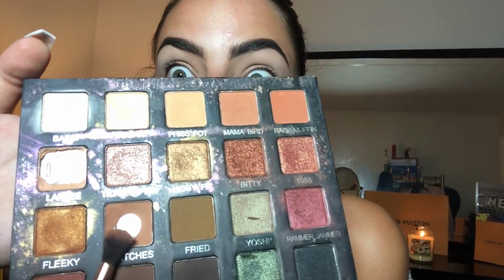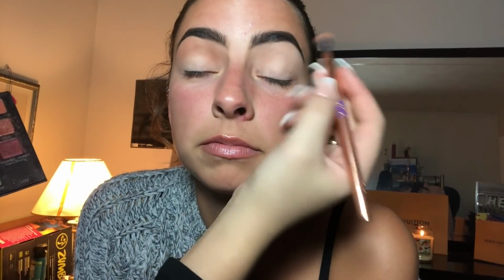So in with the shade Britches, it's a transition shade, and we always start with the transition. I'm using my Luxie Fluffy blending brush, and I am literally just going to go up in her crease, a little up by her eyebrow, and we're just blending this. And if you think it's blended, then it's not blended enough, and you just really got to go to town